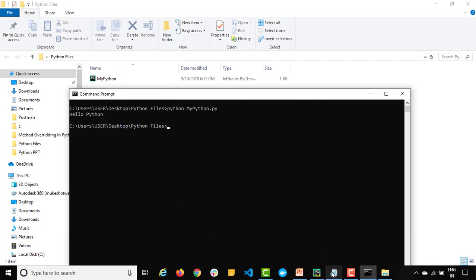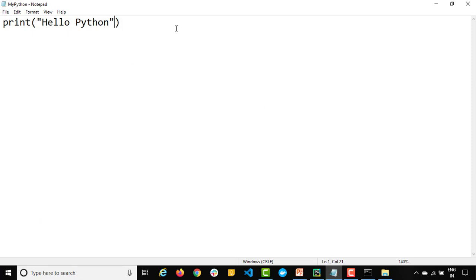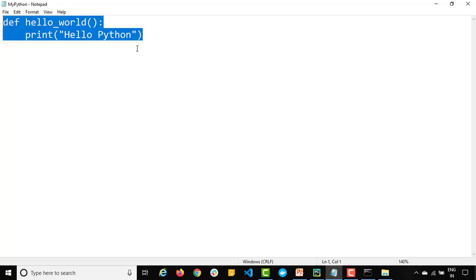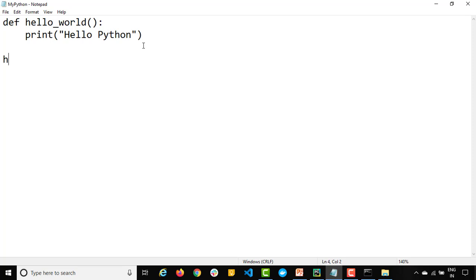Right now let me do a quick modification here. I will surround this in a function. I will create a function with the help of def, and the function name is hello world, colon, and I will keep 4 spaces, 1 2 3 4. So this is my function, which is hello world. Now let me quickly call this function. I will say hello underscore world and a pair of parentheses, Control S. Maybe I will type hello Python from Mukesh, Control S.